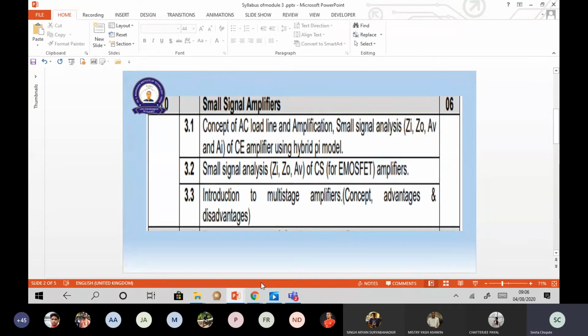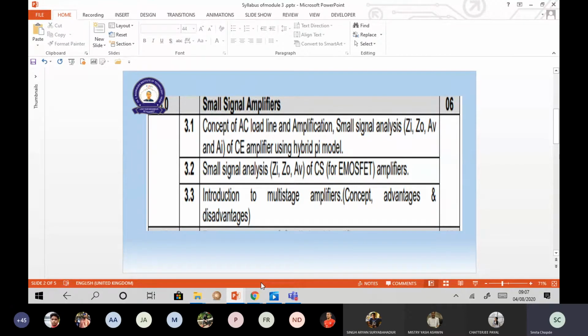Fine. Based on that, this is your 3.1 module, which I'll be starting after a small interval of time after discussion of the syllabus. So 3.2 is small signal analysis of various amplifiers. Here it is E-MOSFET now. 3.1 will be dealing with BJT, 3.2 will be dealing with E-MOSFETs, and last is the multi-stage amplifier. Multi-stage amplifiers also you came across yesterday. Maybe you may recall it to yourself. I will ask a question if required, but at present I'm not going to ask anything.